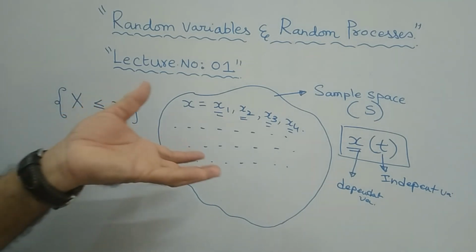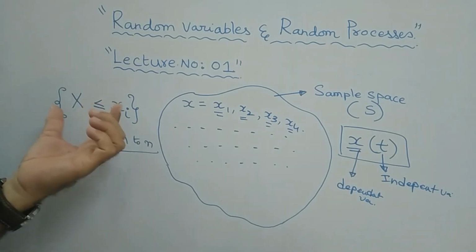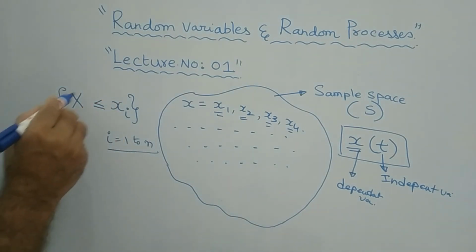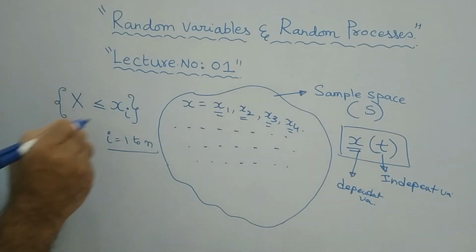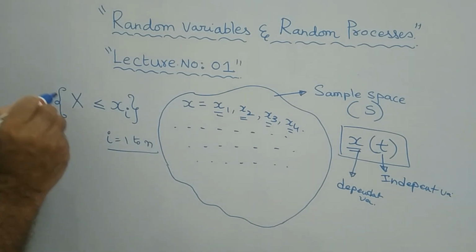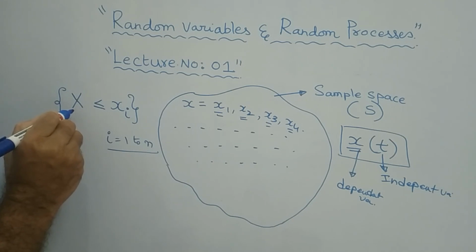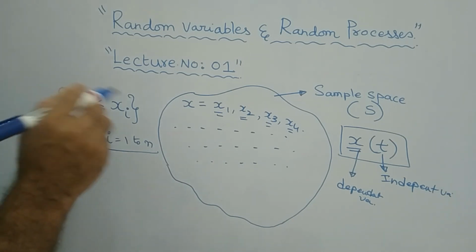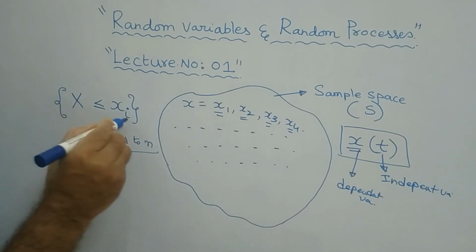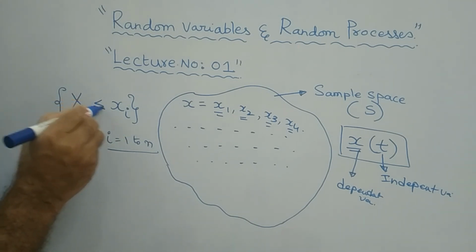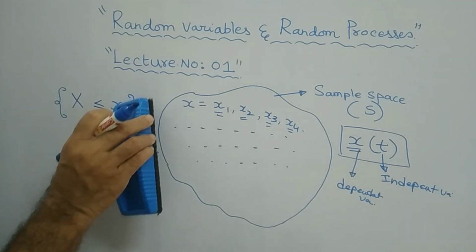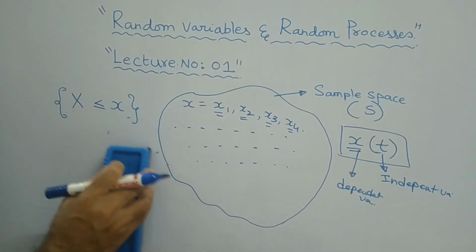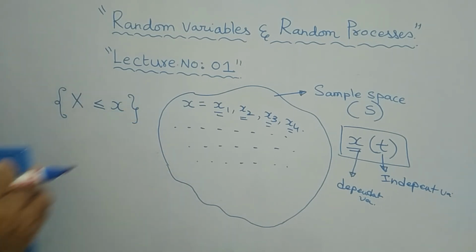Therefore, in order to bring the relation, this is called a function, is it not? So I am defining a variable x and calling it a random variable, and I will define the relation in such a way that capital X is less than or equal to xi, or otherwise most of the time you can write small x, because I am considering only one variable.